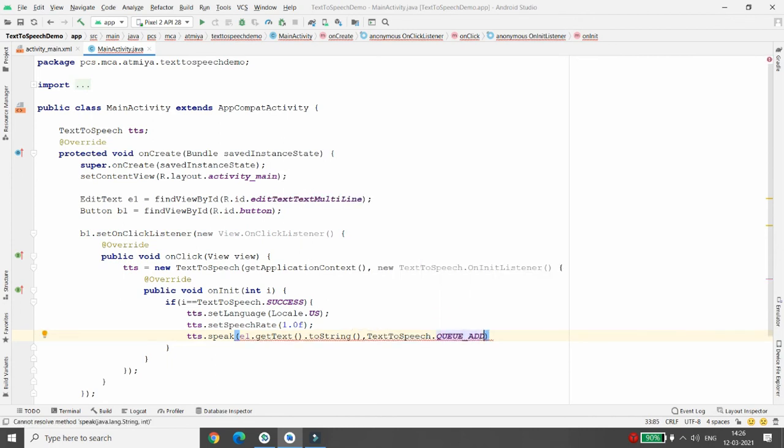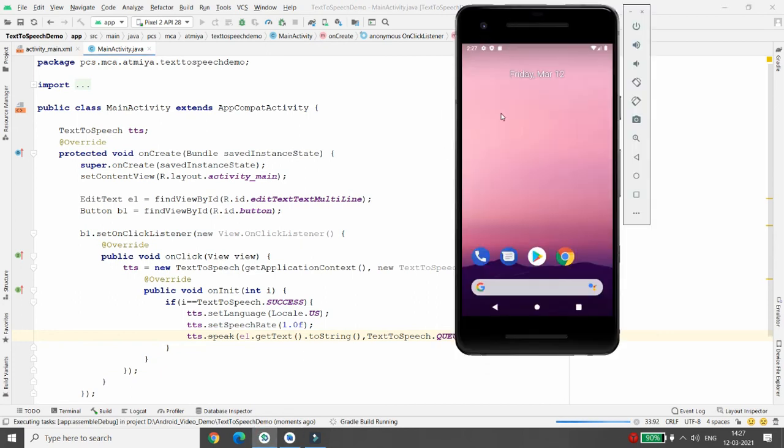I want to set the value in a queue, so I'm setting the parameter TextToSpeech.QUEUE_ADD. And at last, if you want to set a parameter, you can, otherwise you can just pass null. Once it is done, you can simply run your application. Whenever you run this, your application will run in the emulator.